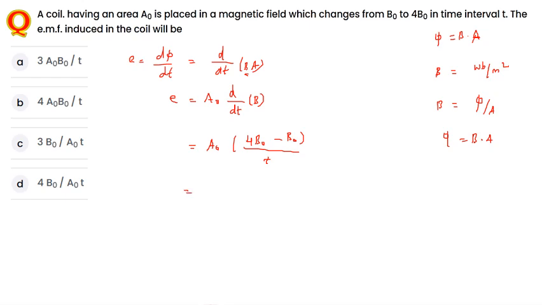From this, what you have is A naught into 3 B naught divided by t. So the answer here is 3 A naught B naught divided by t. That is the induced EMF in this case. So the answer here is